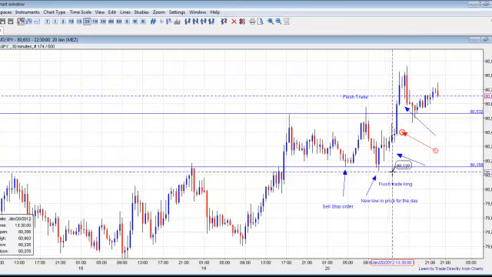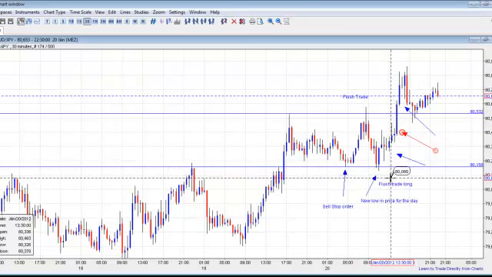So we had three levels where we were scaling out of our position and maximizing the trade as it continued to move in our favor. If you want to know more about the flush trade and exactly how it works